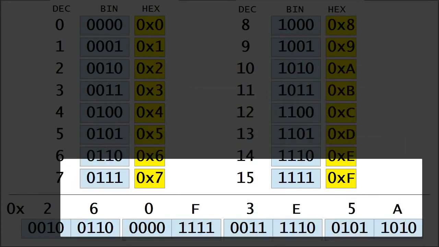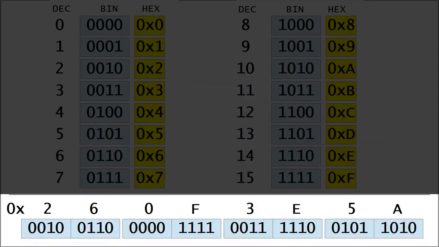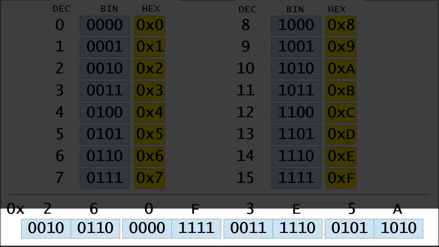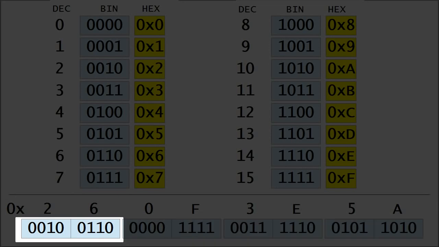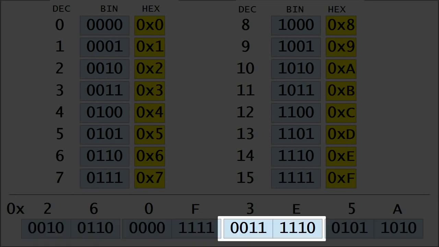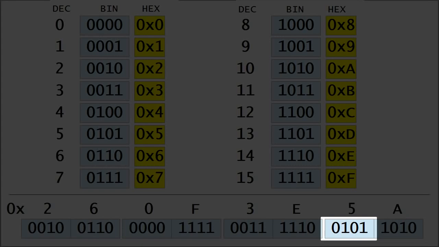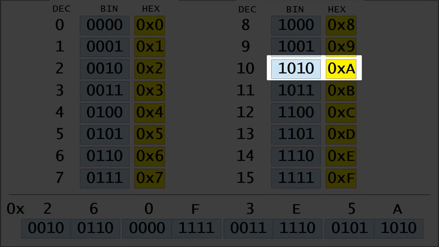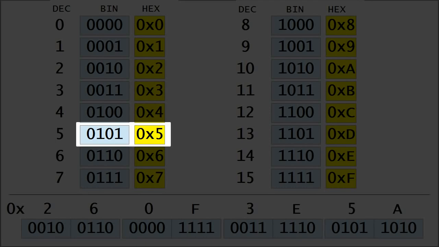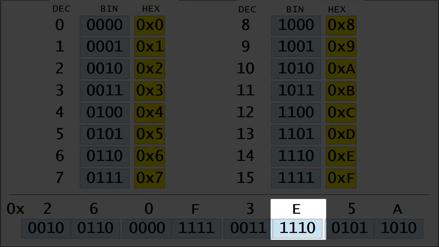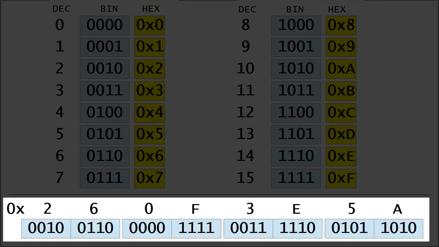At the bottom of the picture, you can see an example of applying the table above to encode a string of 32 bits into hexadecimal. The bits are grouped in 4 packs of 8, which are called bytes. Each byte contains 2 4-bit nibbles. As I just explained, the nibbles map directly to hex digits. For example, the nibble 1010 maps to the hex digit A, the nibble 0101 to hex digit 5, and so on. In the end, the whole 32-bit string is equivalent to hex